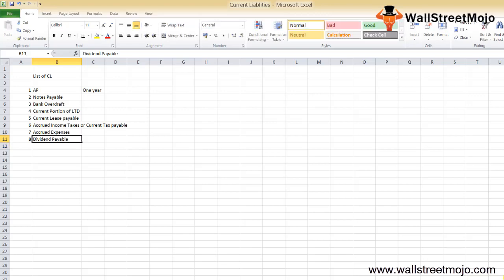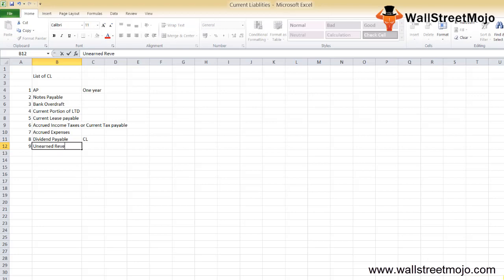Now we all know this term. Dividend payables are basically the dividend that has been declared but is yet to be paid to the shareholders. Therefore, they are recorded as current liabilities in the balance sheet. Ninth, the unearned income